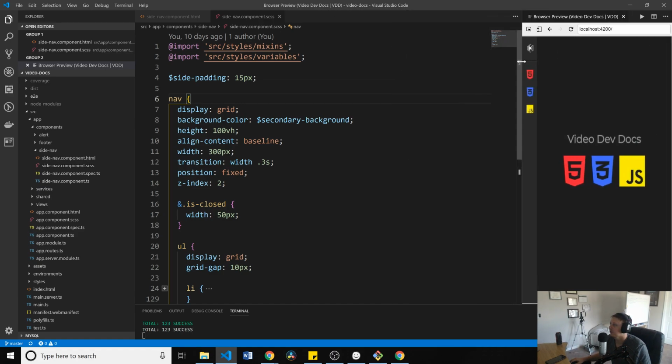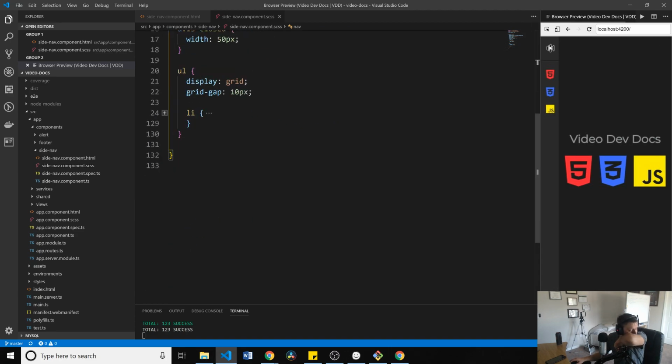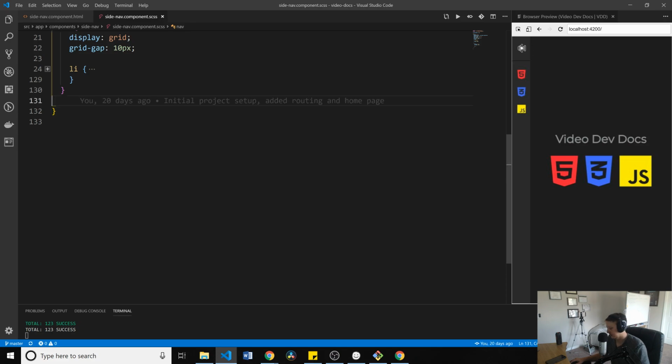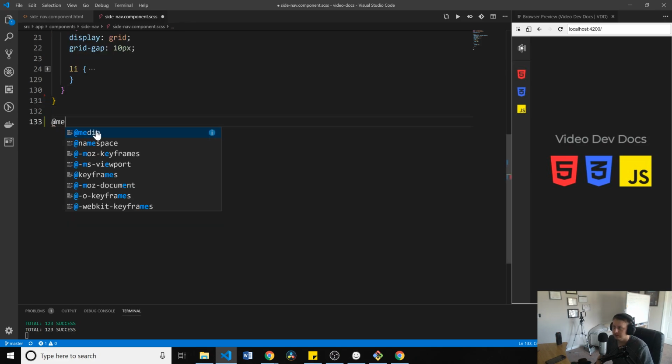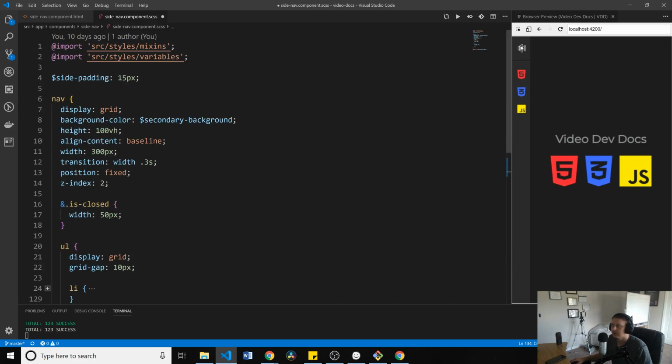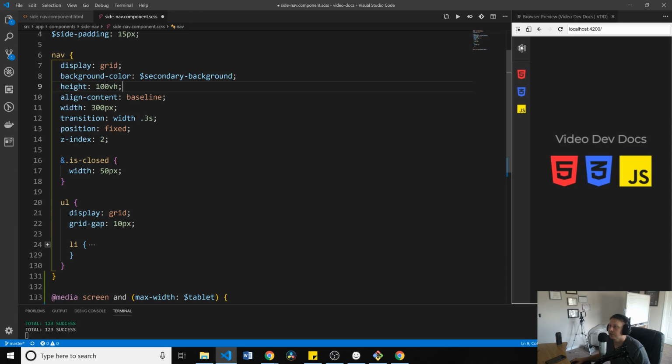Alright, so let's go ahead and do something like this. So, let's write a media query real quick. So instead of 100% view height on our nav,